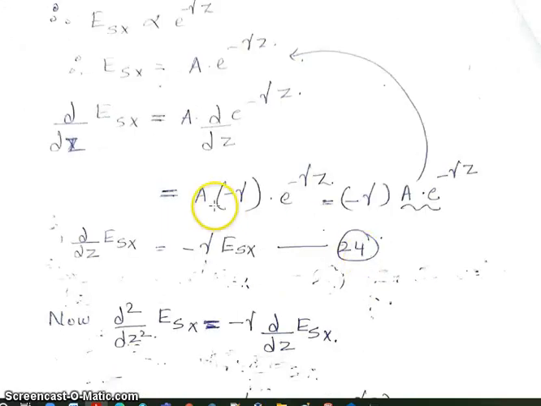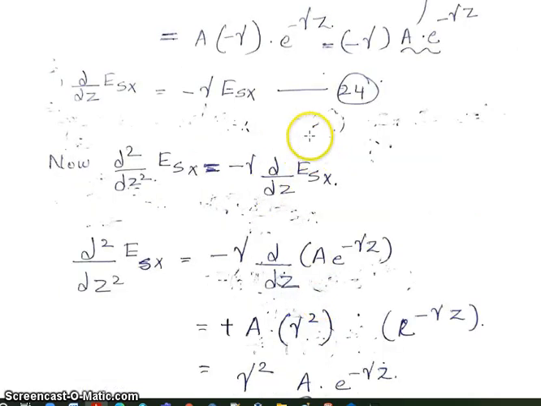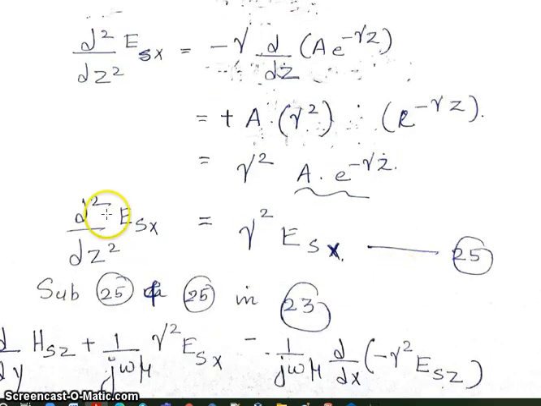Now I am taking the double differential of equation 24. So I can write dou square by dou z square of Esx is equal to minus gamma dou by dou z of Esx. So what is Esx? A into exponential of minus gamma z. So we differentiate, we will get finally plus A into gamma square exponential of minus gamma z. And you know this A into exponential of minus gamma z is what? Esx. So finally I can write dou square by dou z square of Esx is equal to